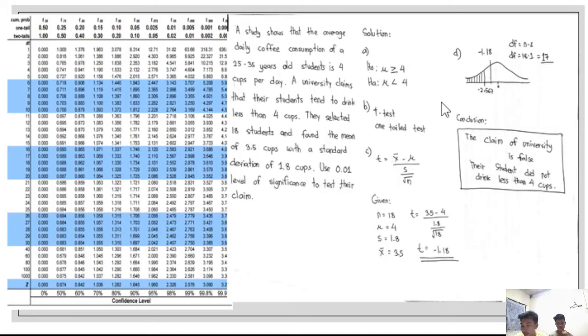Study shows that the average daily coffee consumption of 25 to 35 years old students is 4 cups per day. A university claims that their students tend to drink less than 4 cups. They selected 18 students and found mean of 3.5 cups, with a standard deviation of 1.8 cups. Use 0.01 level of significance to test their claim. Solution,